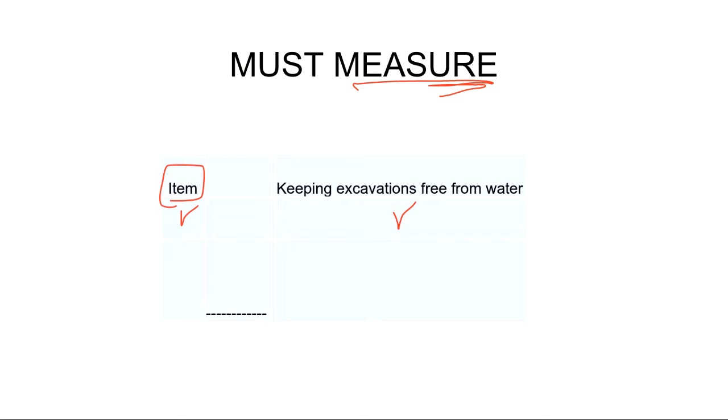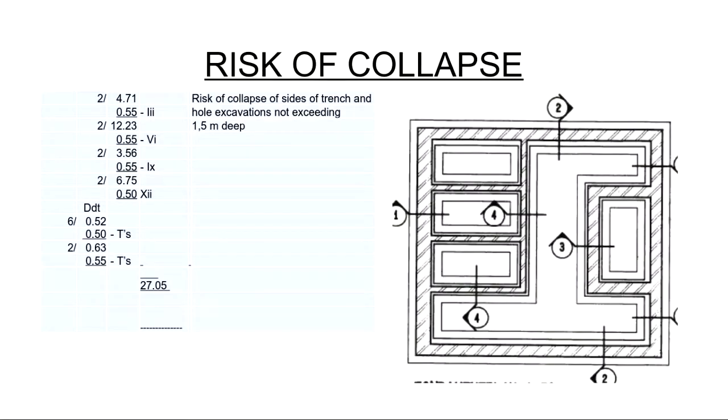Okay, then our next item over here to be measured is the risk of collapse. Now, again, you see a dimension here in the description column. Again, that is an interpretation of the measurement rules, and that is not a dimension itself. So it gets stated in the description as you see in front of you. And here I also want to emphasize that look at the description. It says, I beg your pardon,